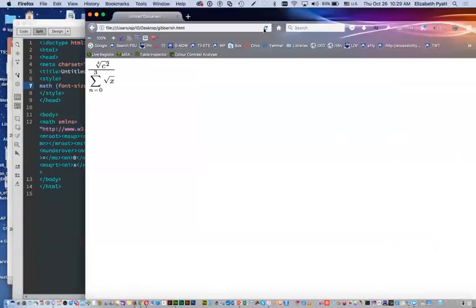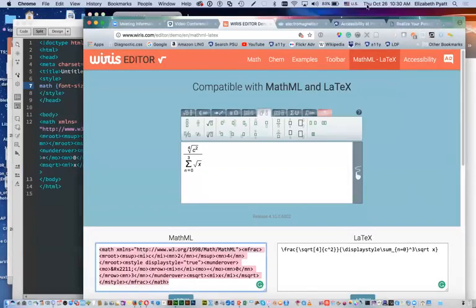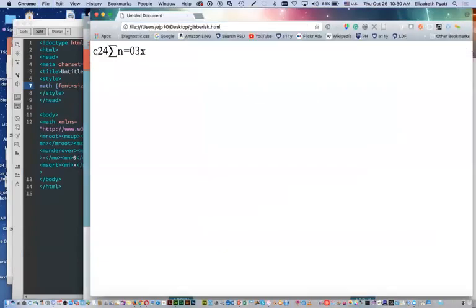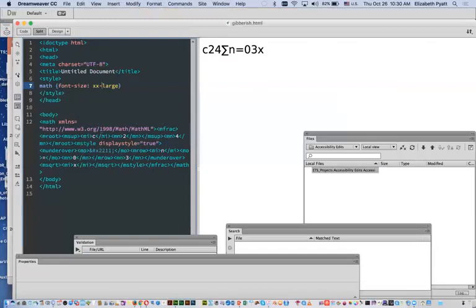There we go. So there it is. Now I'll open this up in Google Chrome. And again, it's the same problem as in Dreamweaver. It doesn't show up. So the next thing, in order to make it work in Google Chrome,